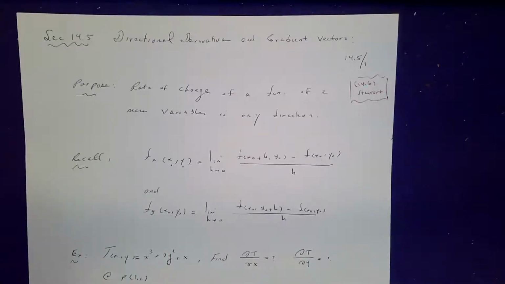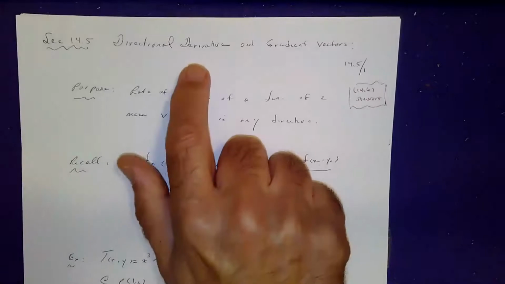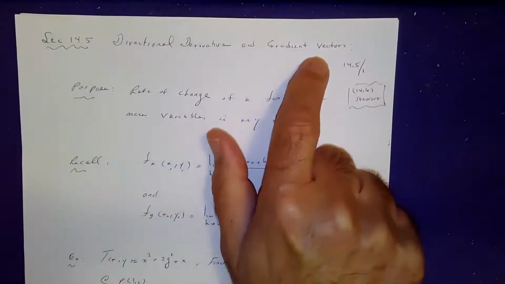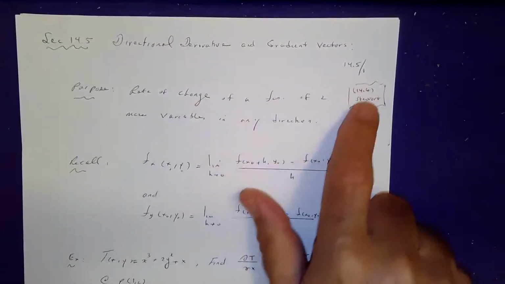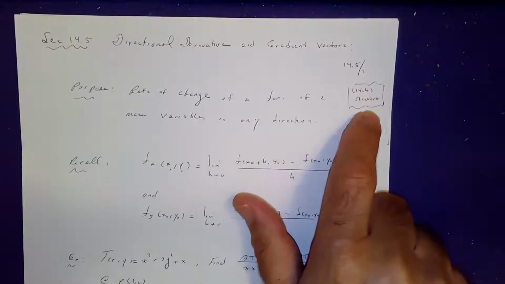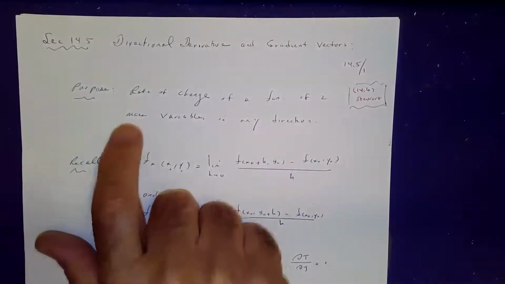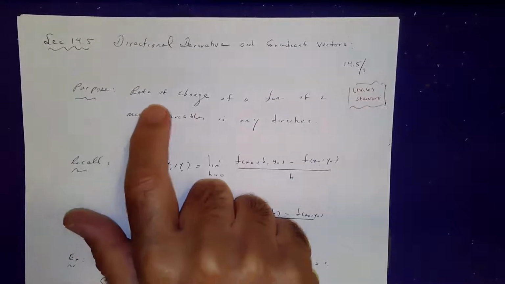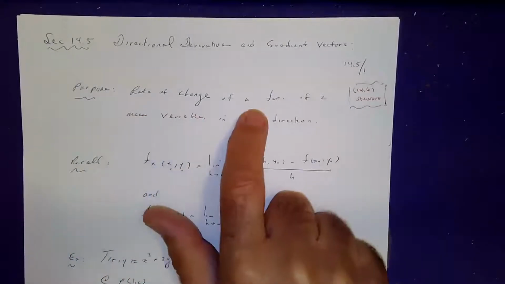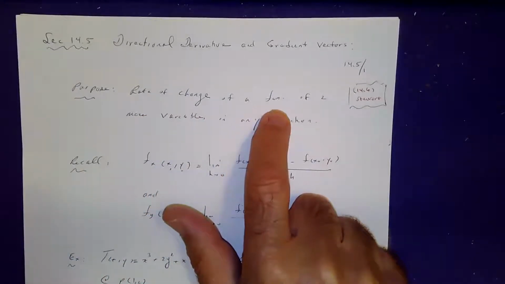Section 14.5, Directional Derivative and Gradient Vectors. This would be the same as 14.6 in Stewart's textbook. The purpose of this section is to find the rate of change of a function of several variables